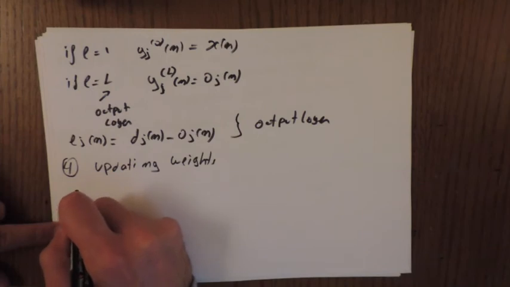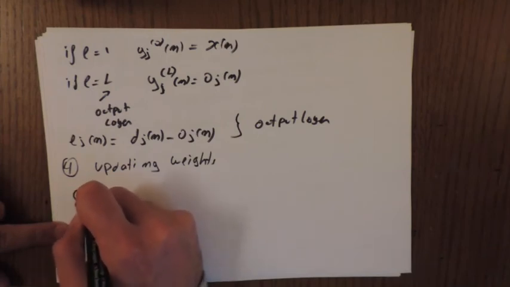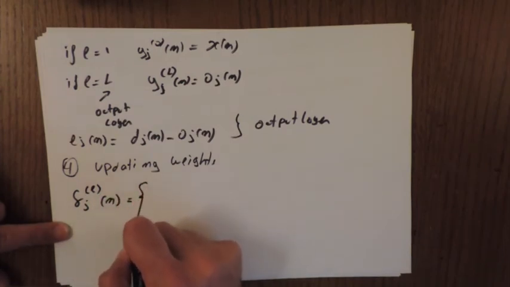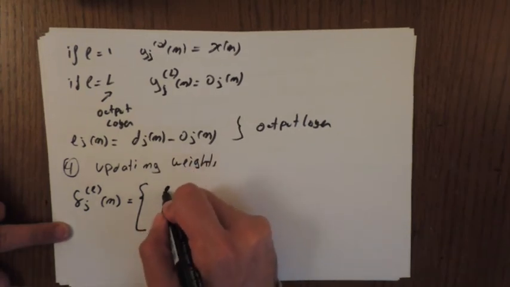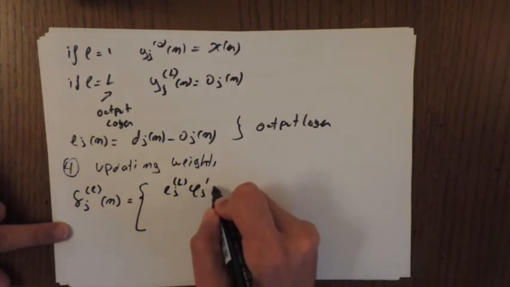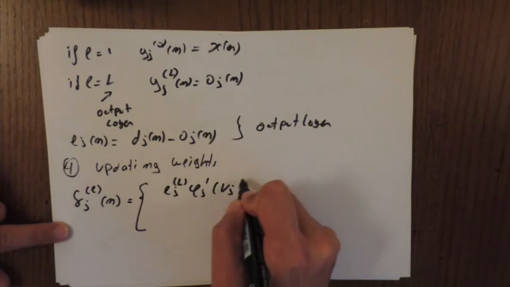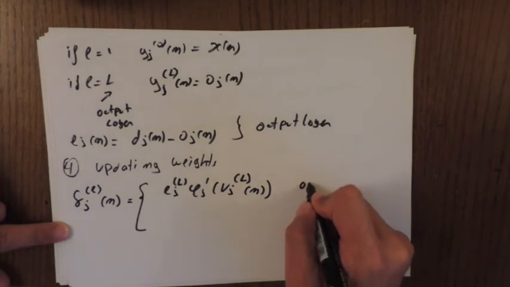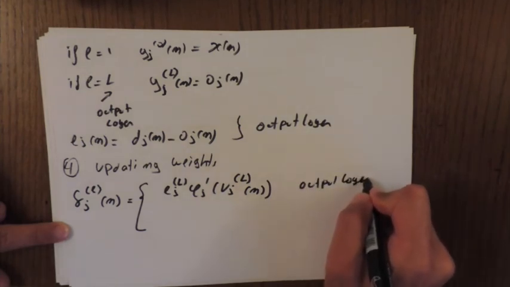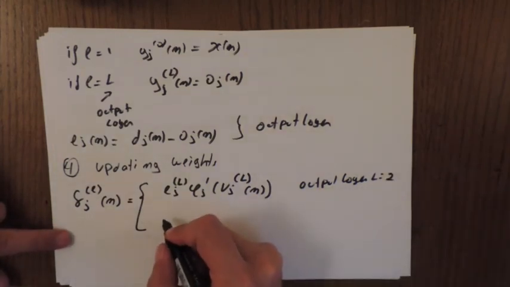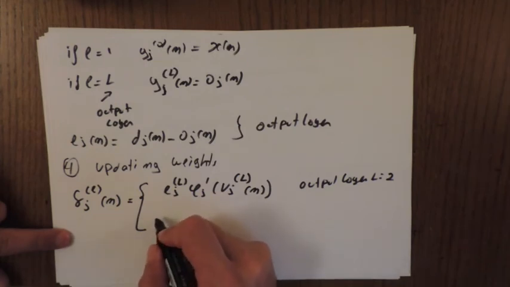So the local gradient at layer L for the nth data set, nth pattern, excuse me, is equal to Ej of L times phi j prime of Vj of capital L of n. This is for the output layer. L in our case is going to be layer number 2, and if it's not, if it's a hidden layer, it's going to be phi j of L